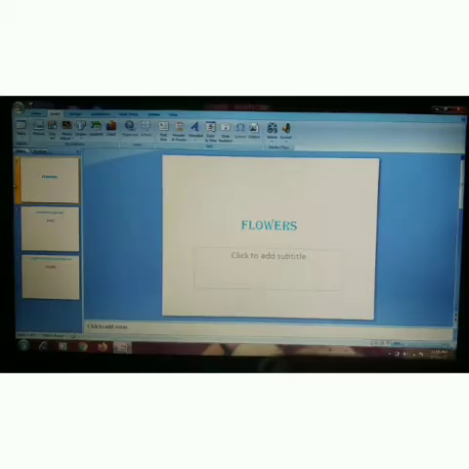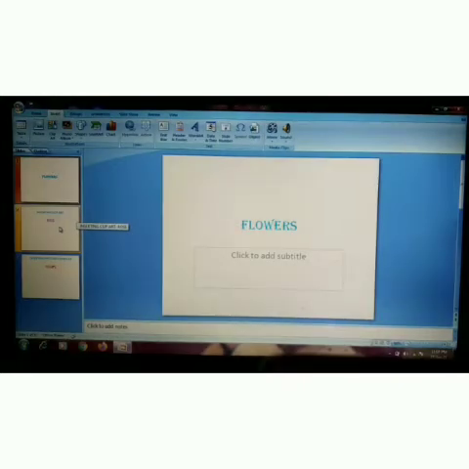Why do we insert such graphics, clip art, pictures or smart art? To make the PowerPoint presentation more attractive or more readable. If we insert the related picture or clip art or smart art graphics in the slide, it will be easy for the audience to understand the idea or understand the concepts, and the presentation will be attractive also. And first you can study how to insert a clip art.